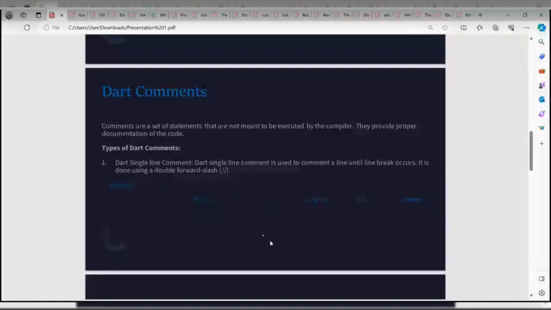First thing we're going to look at is Dart comments. So what are comments? Comments are a set of statements that are not meant to be executed by the compiler. They provide proper documentation of the code.